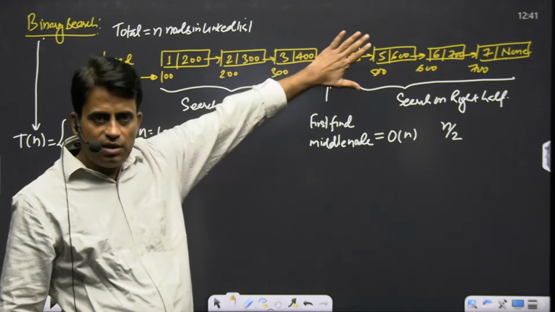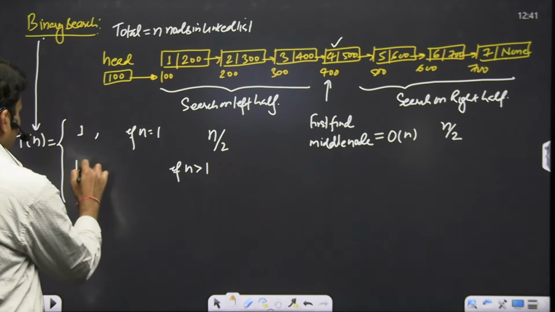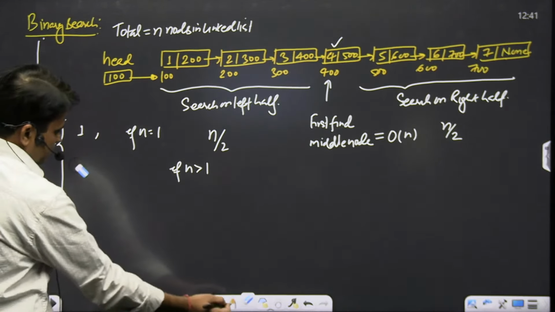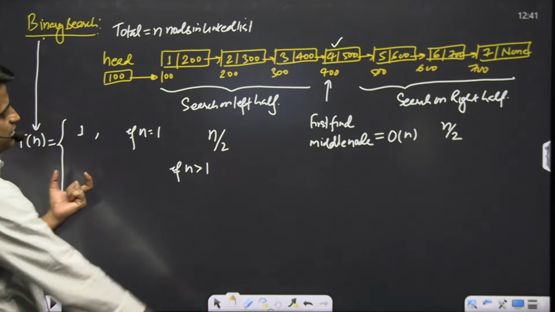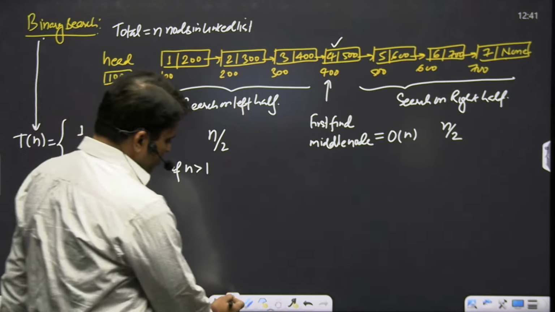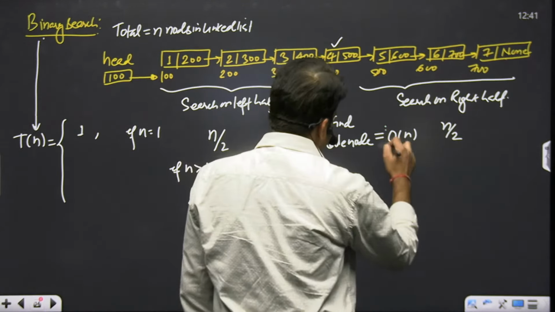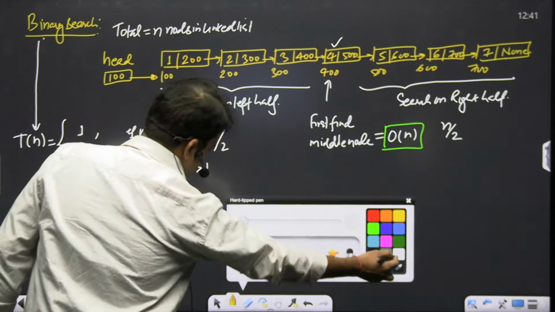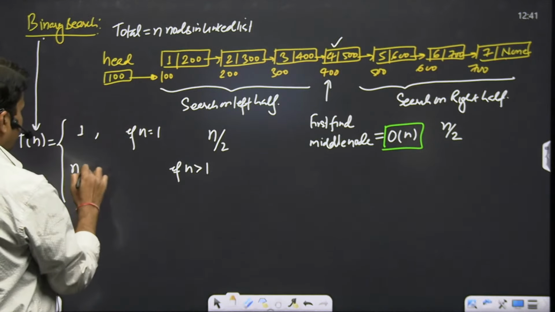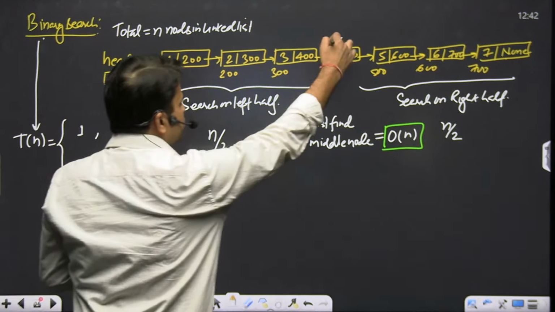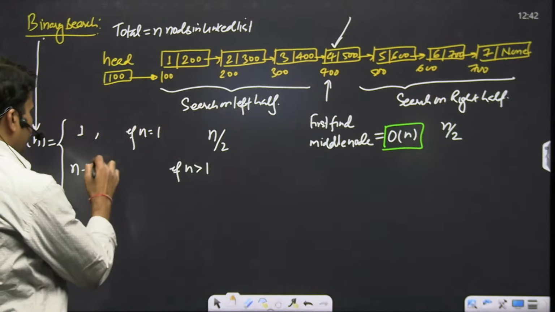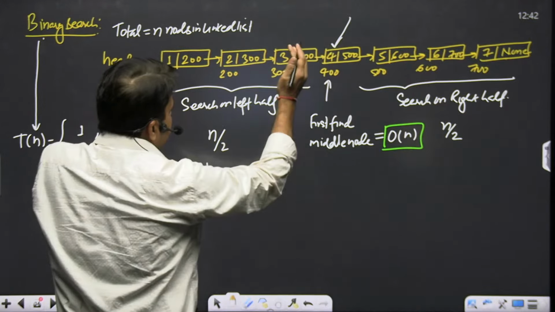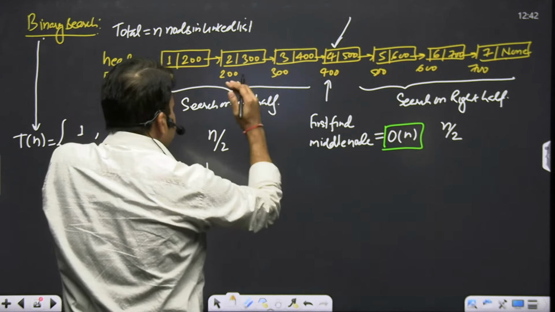First you search the middle. The cost is, first you find the middle node. If there are n nodes, then first you have to find the middle node. And what is the time complexity for finding the middle node? This is the time required, n for the middle, and then search for this middle node, the time is +1. And if the element is not the middle node, then you can search recursively either the left side or the right side, but